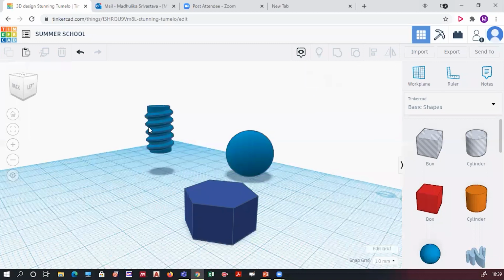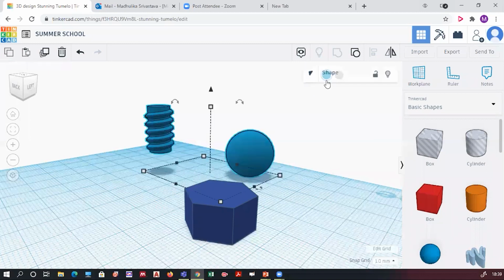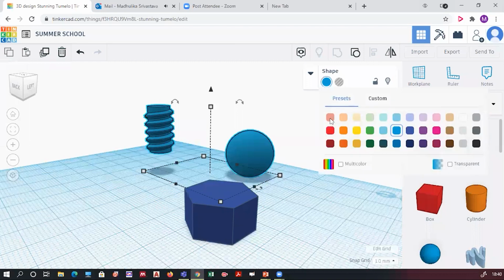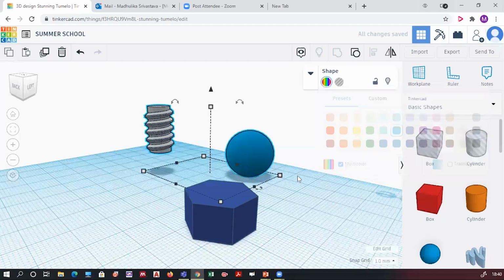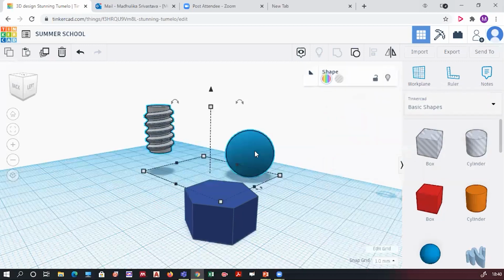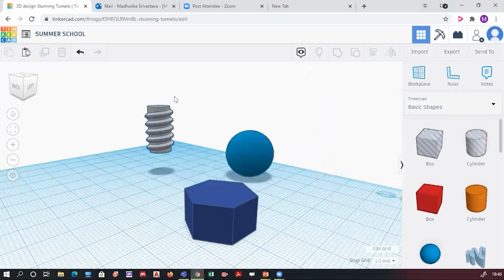I can click on any of the objects and go to the color option, and there I will see a multiple color option. Just check that. As soon as you click on this multicolor option, the colors will be changed. Now, if you want to change individually, you can. First change each into a different color, whatever you want, group them together and click on the multiple color option.